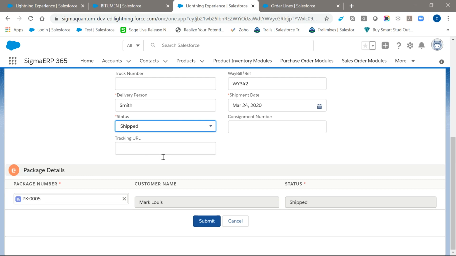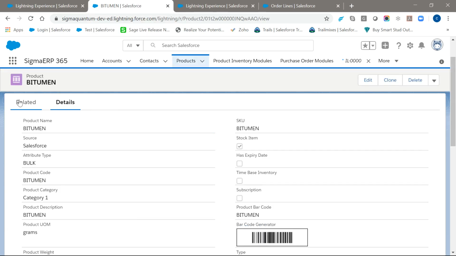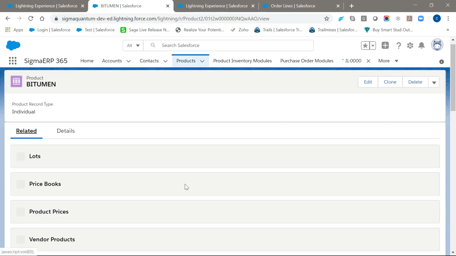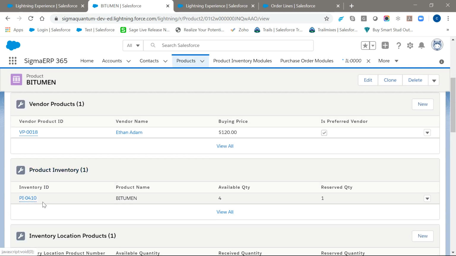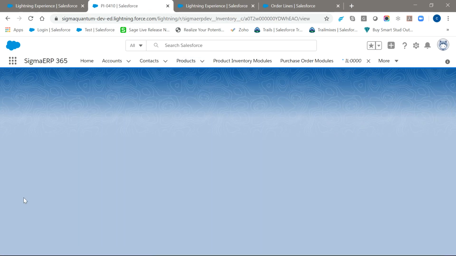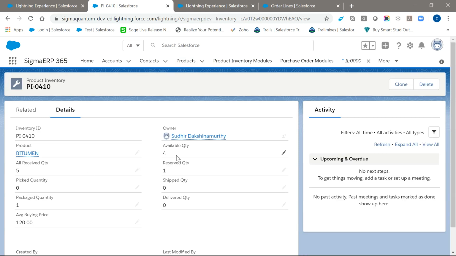I can say shipped here, which updates the quantity if we look at the product's inventory. So now one is reserved and in the package status, and four are available. After shipment we can see that it is getting updated in the shipped quantity.